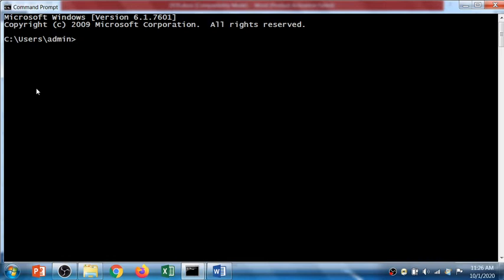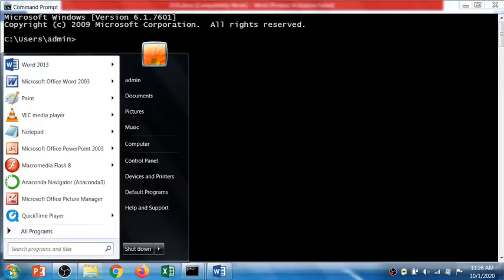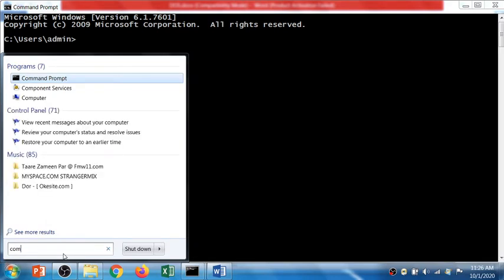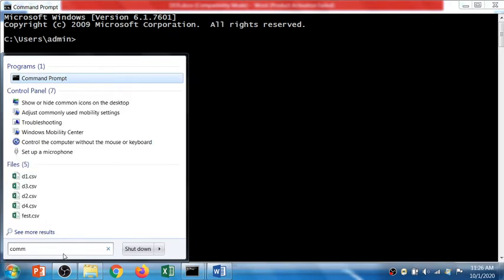This way you can open your command prompt window. If you are not able to find all programs or the accessories, you just type here com, and you will get the options, and you can find the command prompt.